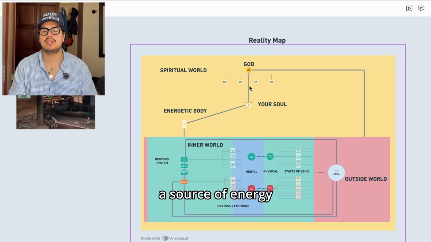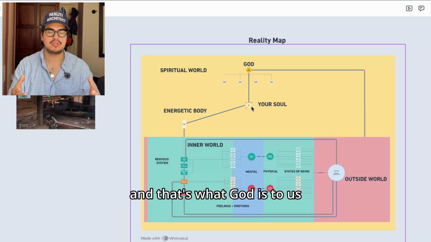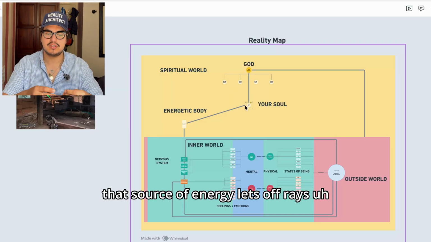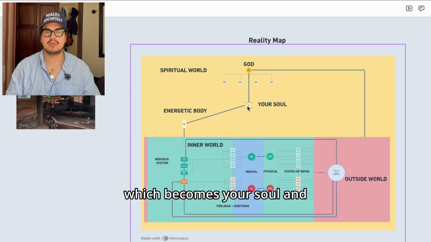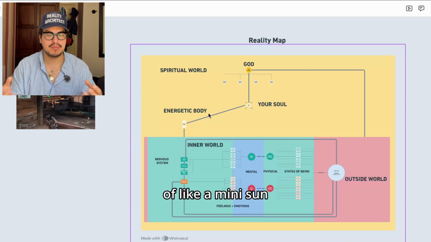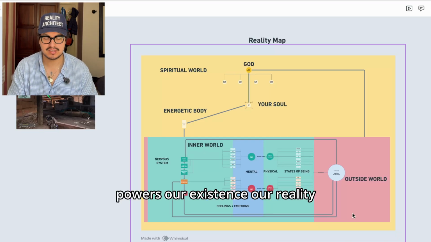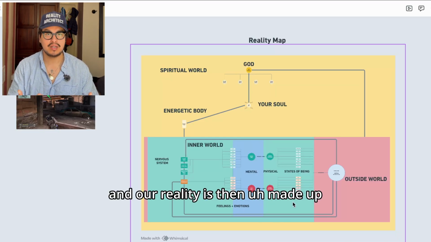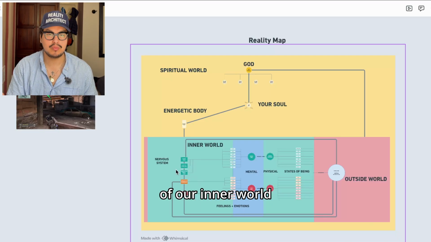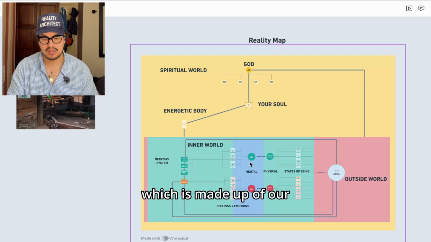The sun is like a source of energy, and that's what God is to us. That source of energy lets off rays, which becomes your soul, which is another form of a mini sun, and it has its own energy, and that energy is what powers our existence, our reality. And our reality is then made up of our inner world, which we experience internally,